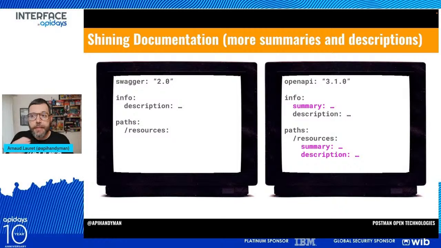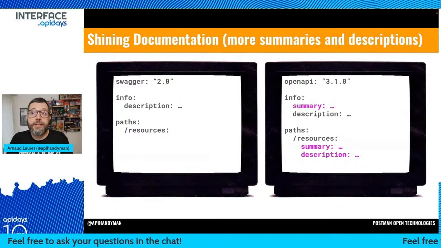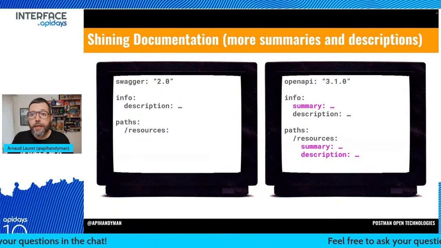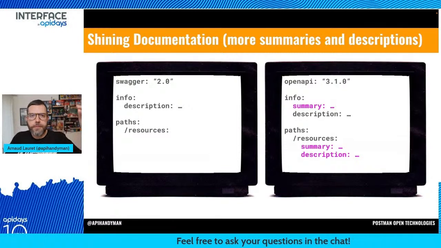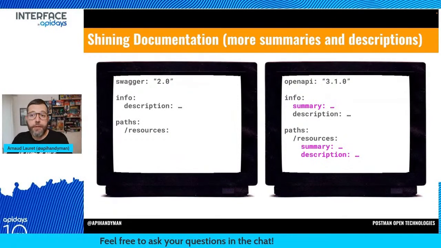And thinking about providing this short description can also help you design your API, because if you are unable to describe it with a few words, maybe you have a design problem and you are not designing the right API. And so that way it's consistent all the way. We have summary and description at the API level, at the path level, and at the operation level.